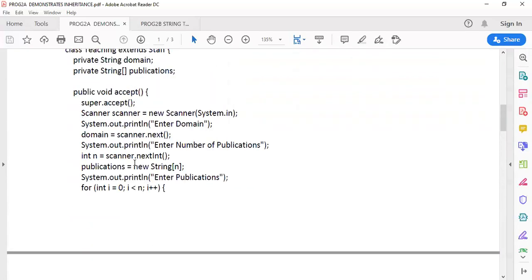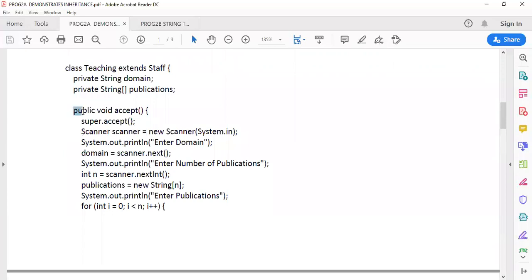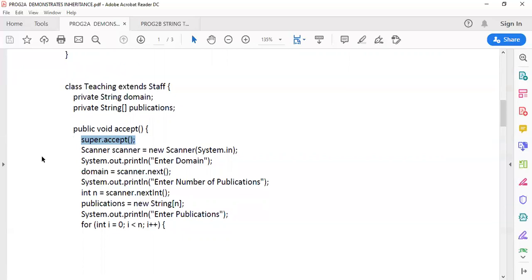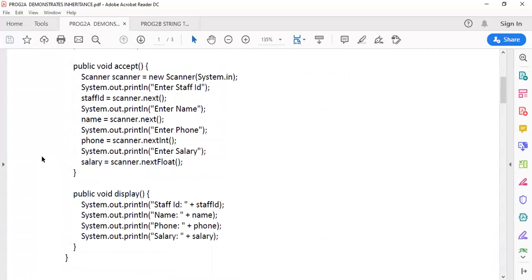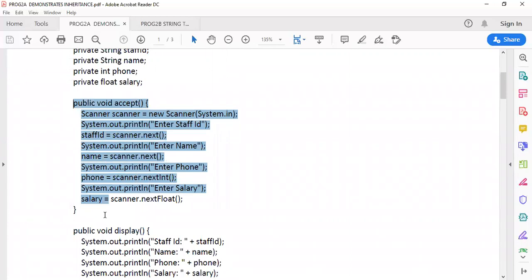Now you have to observe very carefully the accept function of the teaching class. In the accept function of the teaching class, there is one more accept function call that belongs to the superclass. Whenever you see a super keyword before the accept member function, then that accept member function belongs to the superclass, that is this accept function which I have shown here.